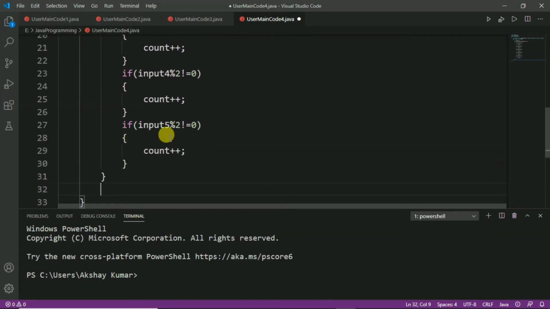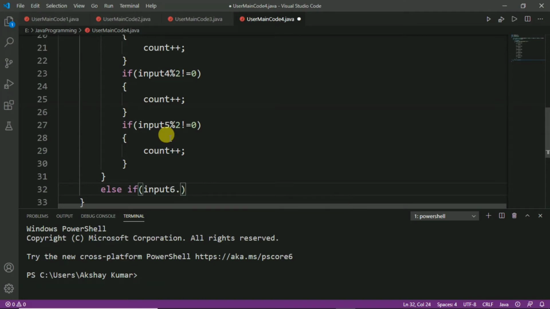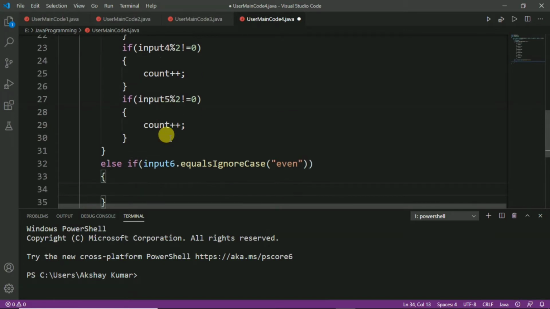After that we will write the same for the even numbers. So, let us write else if input6.equalsIgnoreCase, and this time we will pass even.